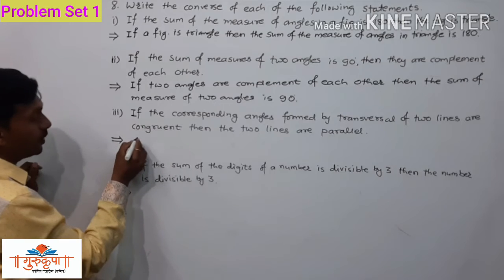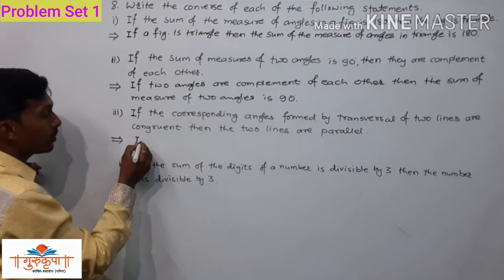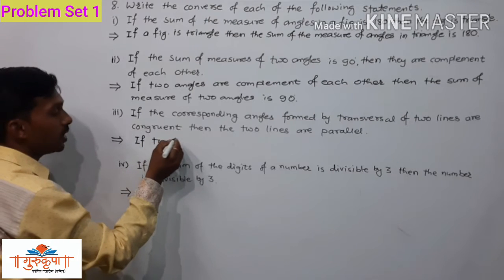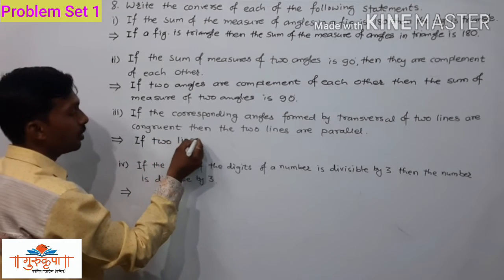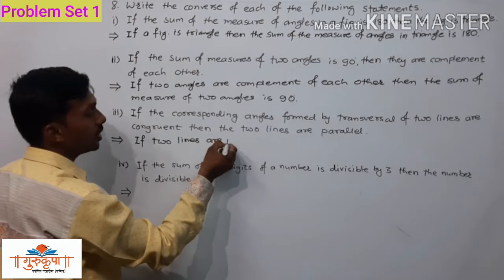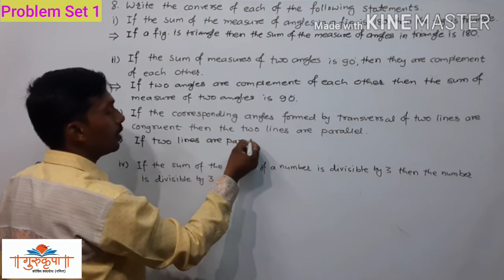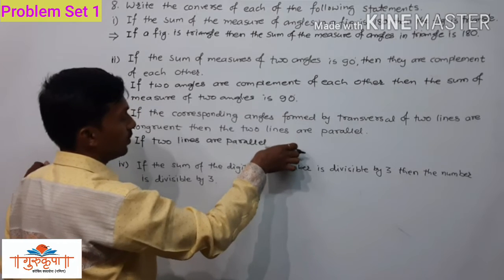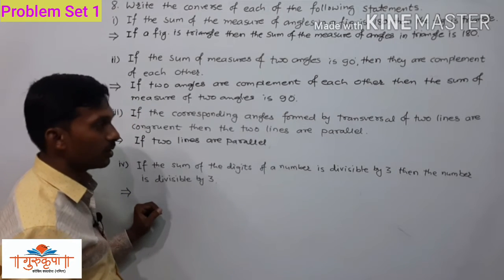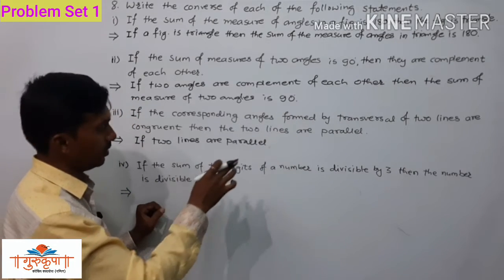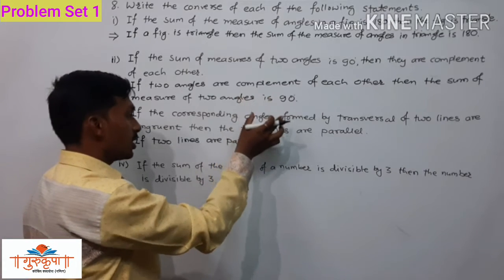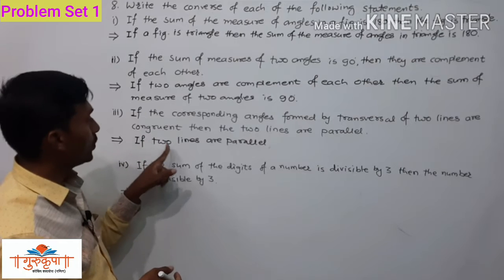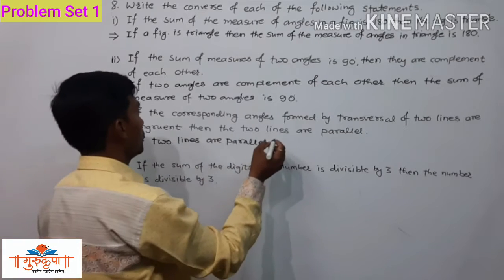So here we write, if two lines are parallel, and a transversal is intersecting them. If two lines are parallel, then we can directly write it; there is no need to describe the transversal here. We will write that part after. Then here, if two lines are parallel, then